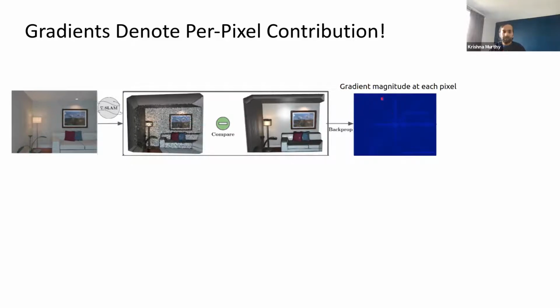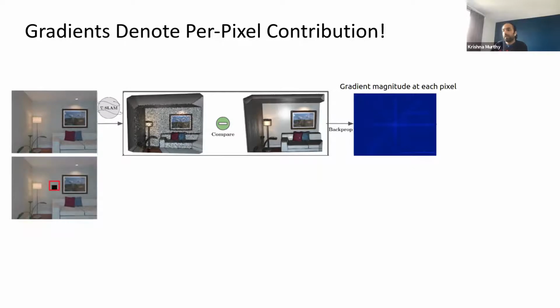I'm not sure if you can see this really clearly, but the prominent edges in the image have a very high gradient magnitude. And you see the star pattern in between. That's the camera frustum expanding out. So our intuition basically checks out: pixels that are closer to 3D regions that are sharp or discontinuous have higher gradient representations in the image.